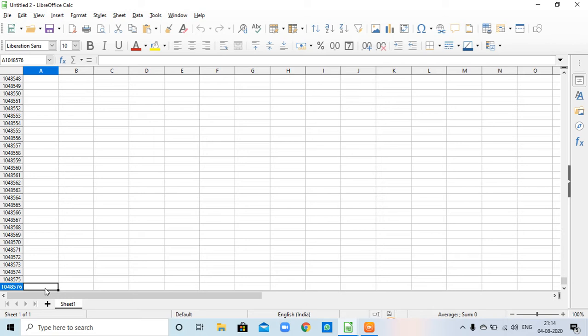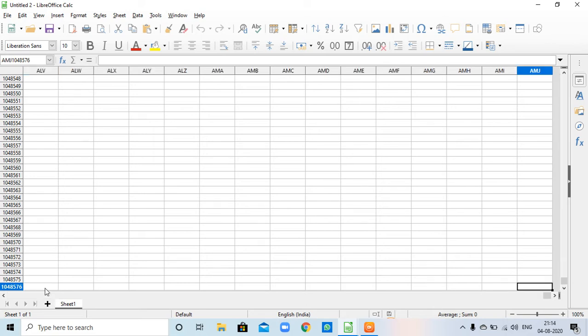And Control plus right arrow key, this is the last column. Its address is AMJ, and the cell address is AMJ1048576. AMJ is the column, and 1048576 is the row number. Now press Ctrl plus Home.